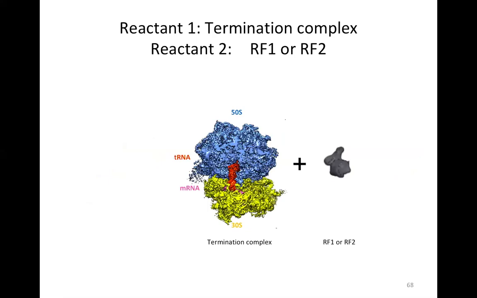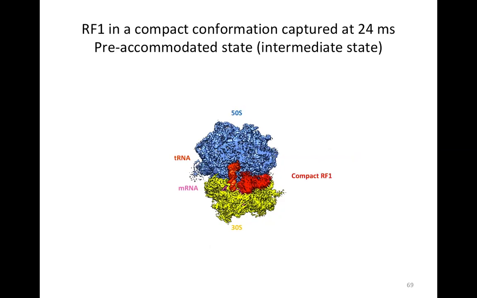Okay, so with the machine that I showed you, we have now reactant 1, which is the termination complex. Reactant 2 is RF1 or RF2. And so now we bind it, okay, and hooray, at 24 milliseconds, we actually see the compact state of RF1. It has not extended yet, so the experiment was successful here. This state has never been trapped before,